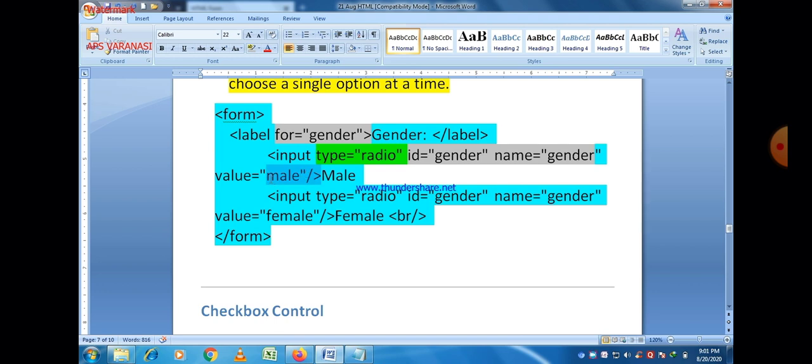So in this case two radio buttons, and we have to select only one of them, whether male or female, and all the coding is written within the form tag. Value is equal to male.